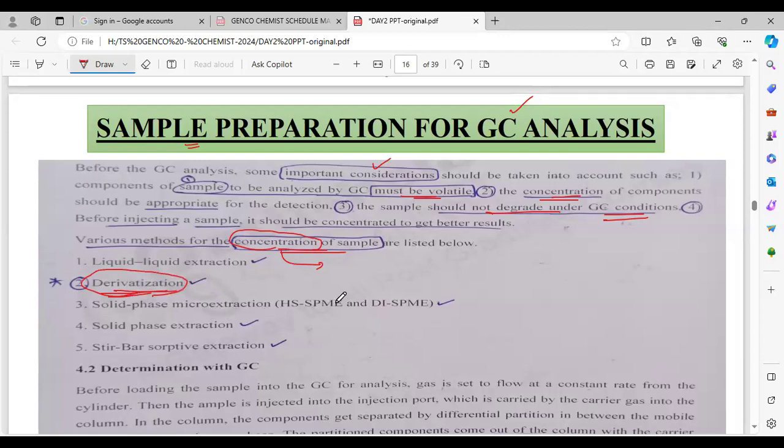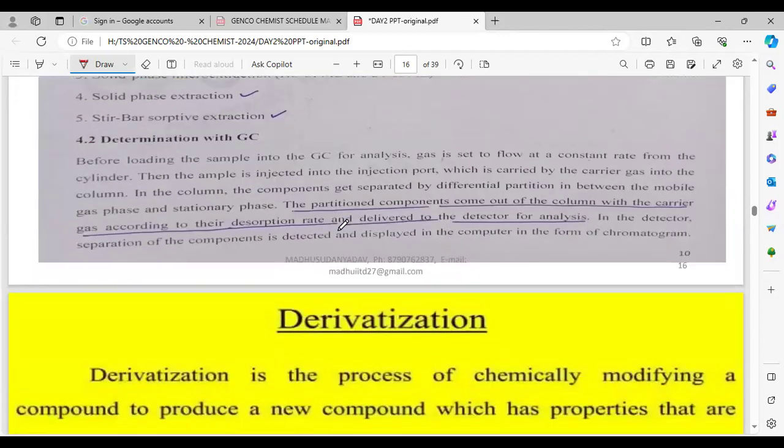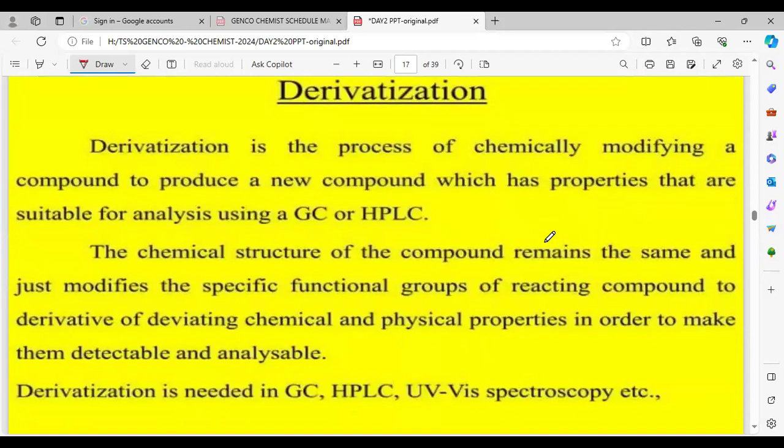Now I'll directly move to that derivatization. Here there is a line underlined. You go through that later on. Next, what is derivatization? As I mentioned, it is chemically modifying the compound to produce a new compound which has the properties that are suitable for GC